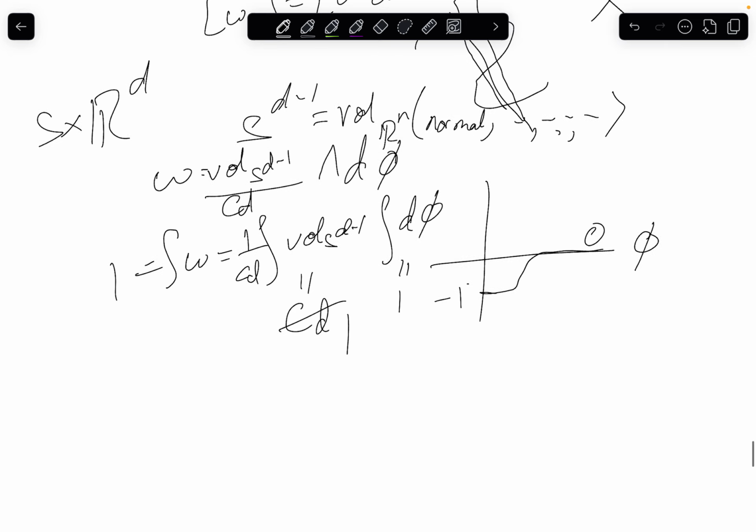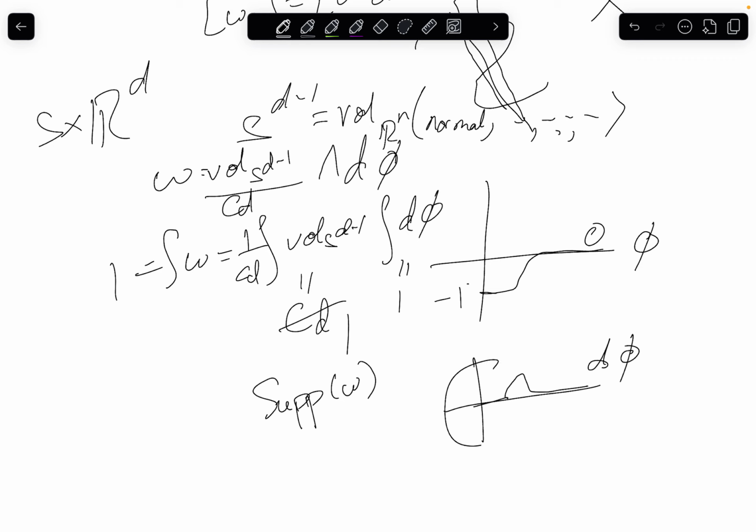And also the support of omega is just going to be inside that little region where d phi is non-zero, but also radially supported because of this volume form. So this achieves our goal in the case that we just have S cross R to the D. We just take a copy of each of these omega forms on each fiber, and we have this guy. And because the volume form is closed and d phi is closed,